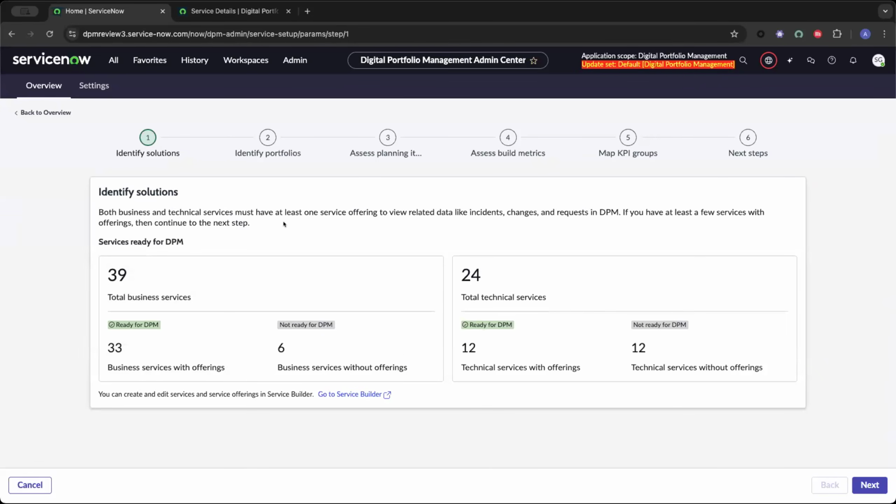So first thing, it's a step-by-step process. First thing I identify here is the different solutions. So we have 39 business services, 24 technical, and you're also going to see, more importantly, how many of these services have offerings. Because of how the CSDM model works in DPM, it is important to have those offerings in order to surface all sorts of data inside of DPM. So going on to the next step,